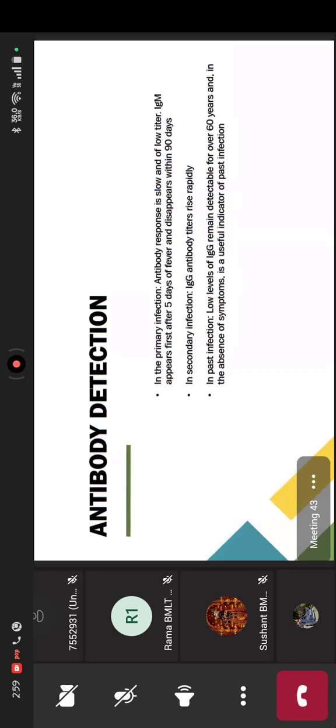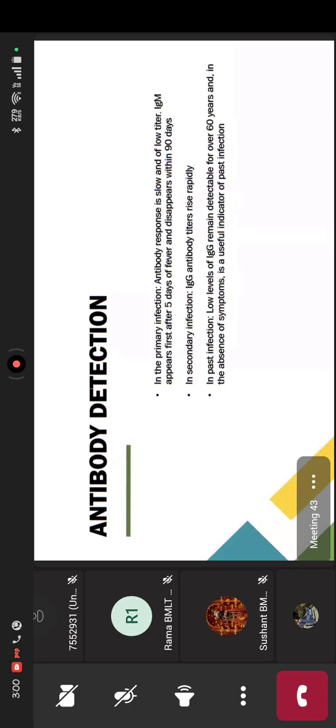वहीं पे अगर हम एंटीबॉडी की बात करें तो 3 टाइप के इन्फेक्शन हैं, प्राइमरी, सेकेंडरी और पास्ट इन्फेक्शन, ठीक है। पास्ट इन्फेक्शन का मतलब कि मुझे 6 महीने पहले इन्फेक्शन हुआ था, लेकिन अभी भी मेरी बॉडी के अंदर एंटीबॉडीज होंगी जो उस वक्त इन्फेक्शन से फाइट करने के लिए बनी थीं, राइट। अगर मैं प्राइमरी इन्फेक्शन की बात करूं तो किसी भी इन्फेक्शन के अगेंस्ट सबसे पहले जो एंटीबॉडी बनती है वो है IgM एंटीबॉडीज, राइट, जो फीवर के 5 दिन के अंदर अंदर बन जाएगी, और 90 दिनों के अंदर अंदर डिसअपियर हो जाएगी, गायब हो जाएगी।